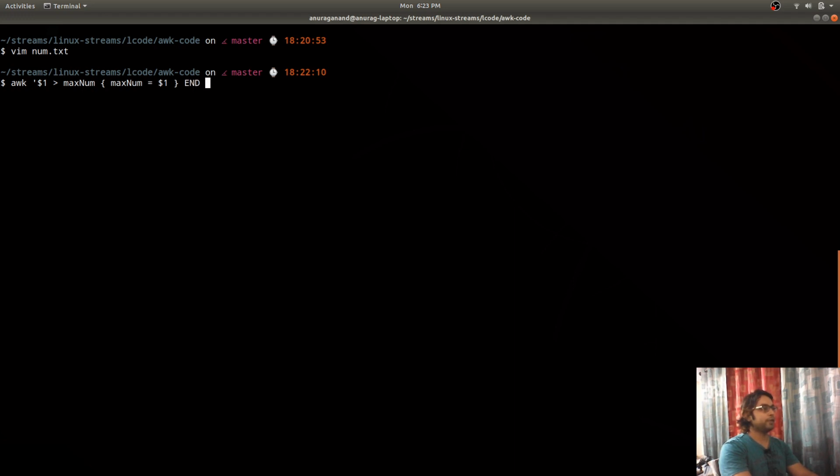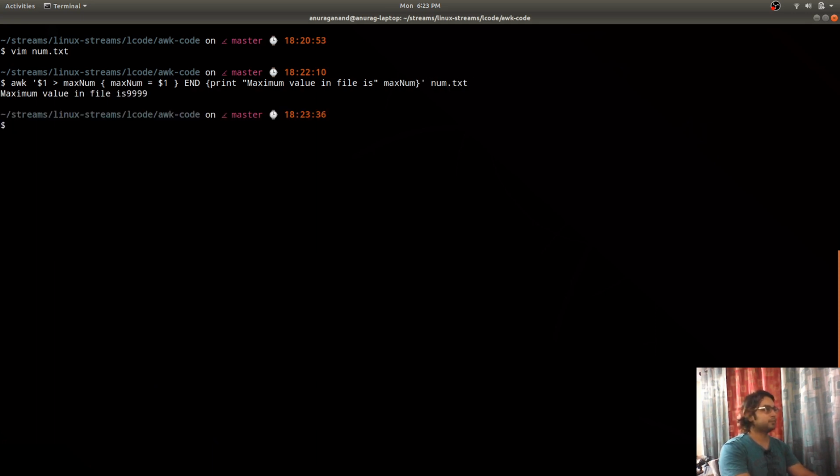And when the entire file has been processed, then print "maximum value in file is", max num, and the file name .txt.